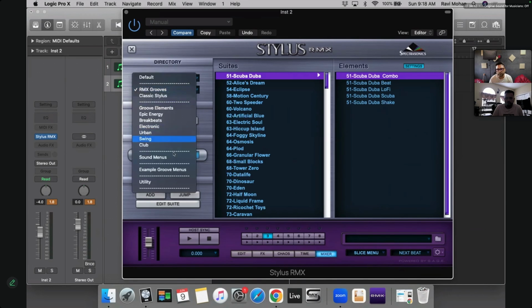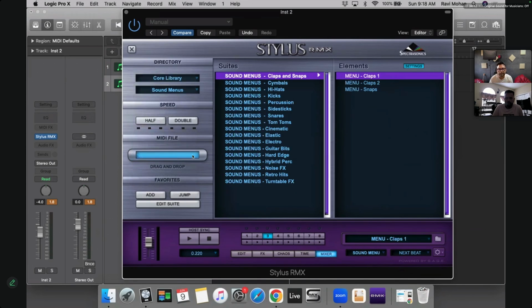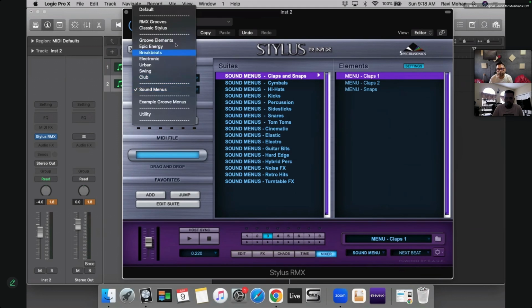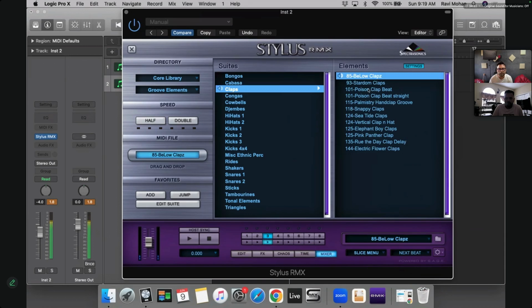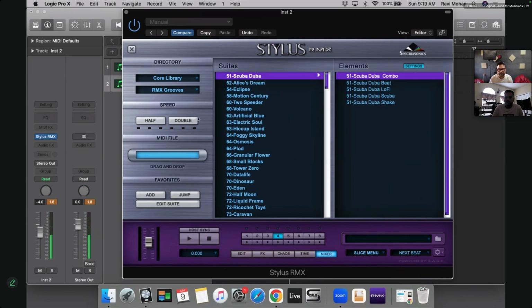Now let's say I want to add a clap. Yeah, we have this clap. Not from sound menus. Let's go to groove elements, so that we find some pattern. Okay, go inside fourth.